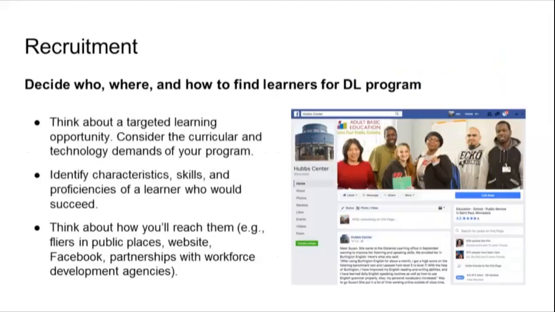So first off, you need to decide who, where, and how to find learners for your distance learning program. I would also add that this works for blended learning too. Basically, you need to consider how you're going to deliver your online learning. Is it strictly distance or is it blended? And then once you make that decision, what kind of resources do you have that you can make available to learners? So if you have a sense of